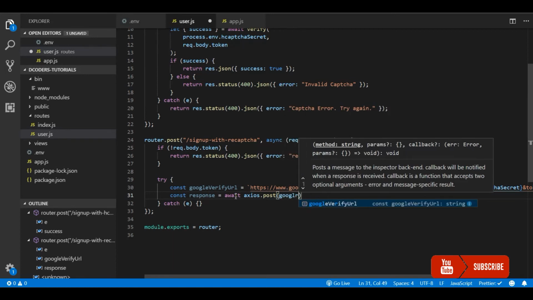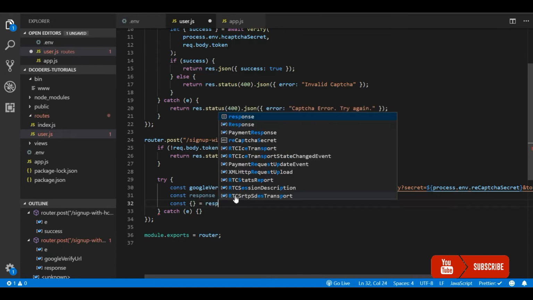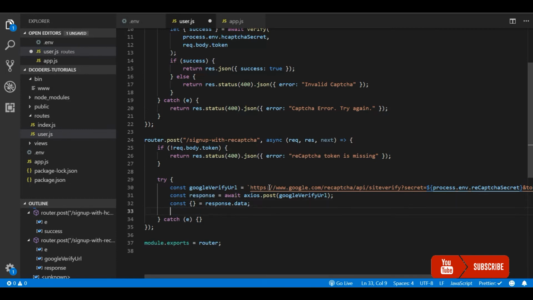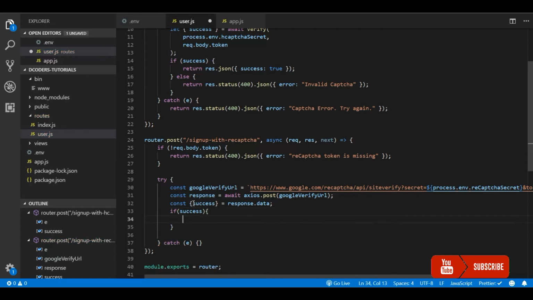So I'll parse this Google siteverify response, and check for success, and if it is true, then let me return a success message for the user with 200 status.